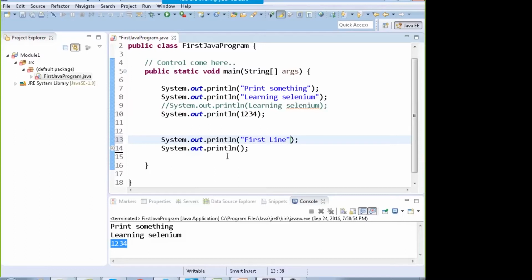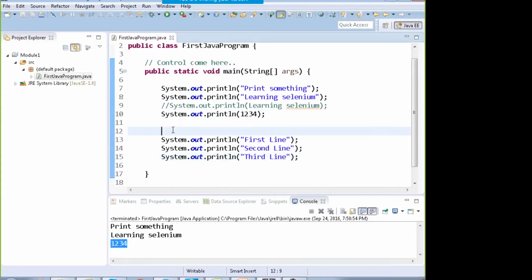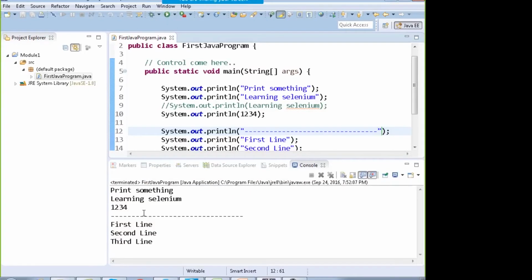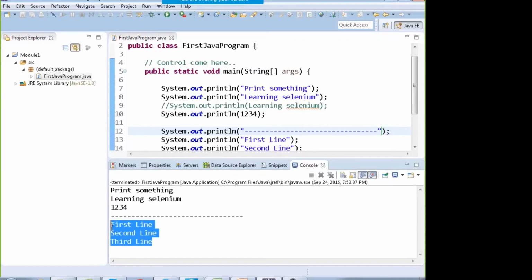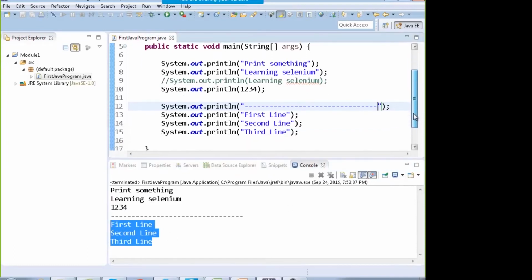Then I write over here System.out.println second line. Then I write after this third line. If I put a demarcating line between these, and if I run my program, you will see that first line, second line and third line will be printed.